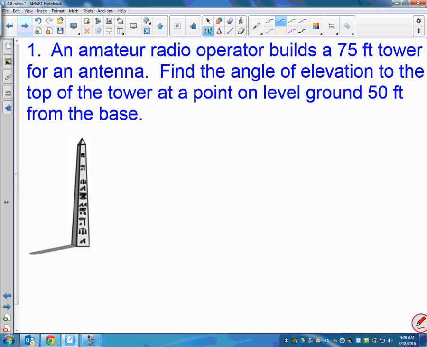Alright, so here's one of my radio towers. An amateur radio operator builds a 75-foot tower for an antenna. Find the angle of elevation to the top of the tower at a point on level ground 50 feet from the base. So, you just want to label things correctly,